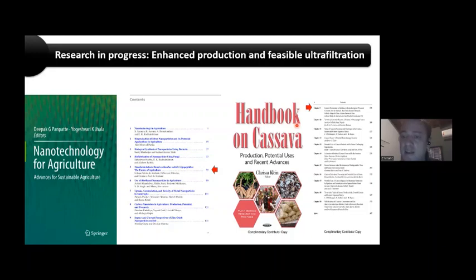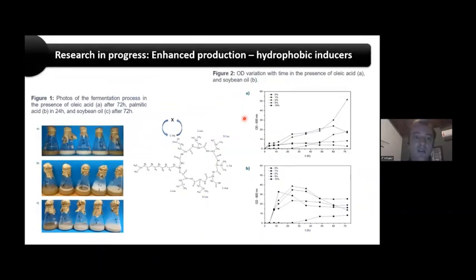And regarding cassava water by itself, this book chapter compiles the possibility of using cassava water to produce pigments, proteins, and flavors, using yeast, bacteria, and microalgae. So virtually any microorganism can use cassava water as a culture medium. So it's quite interesting. We have been trying some specific inducers like oleic acid, palmitic acid, soybean oil,